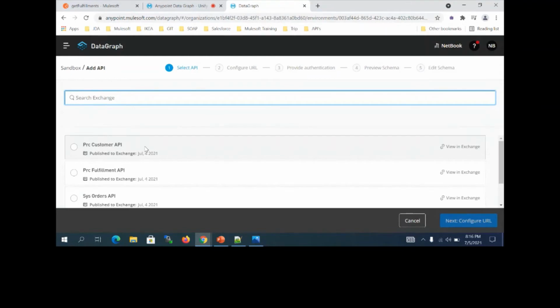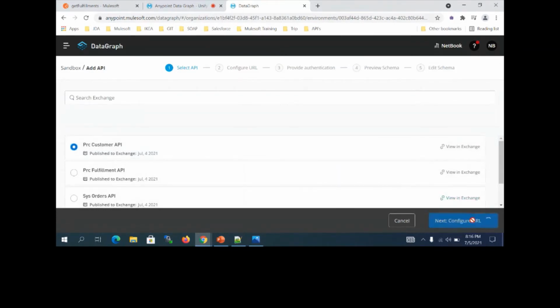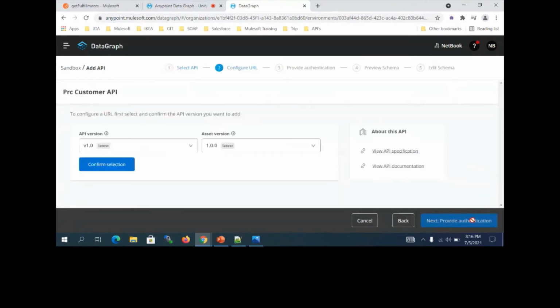Yes, you can access external APIs, but you need to first create a RAML for those external APIs, exposing similar data types, and then you can add it based on this. Now I'm going to add this customer API into Anypoint Data Graph. Click on add, click on next to configure the URL.